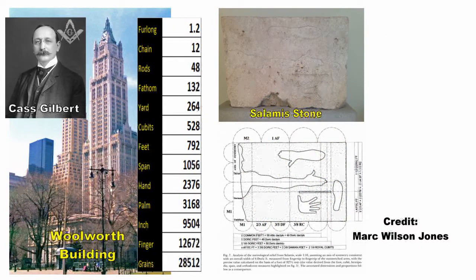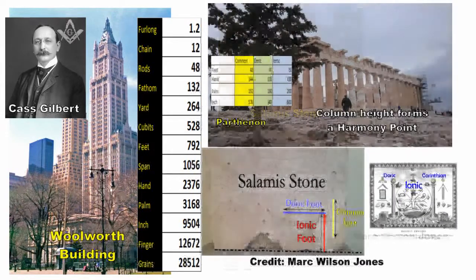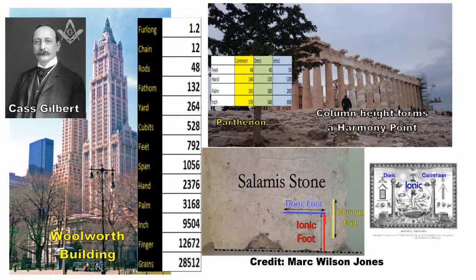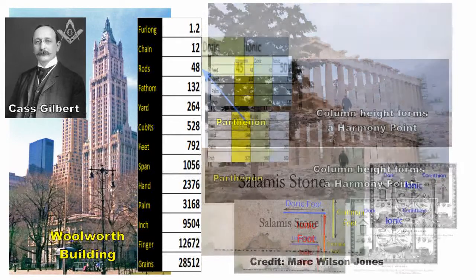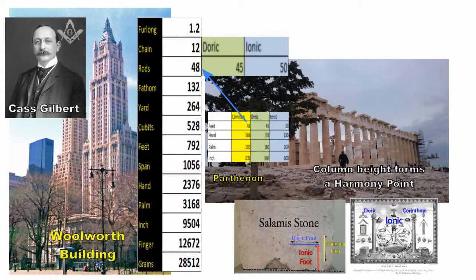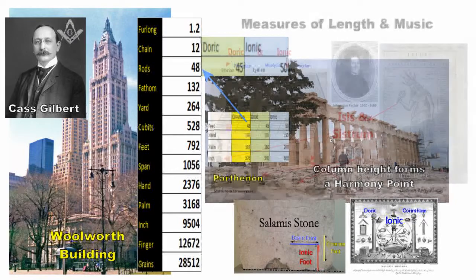But credit to Mark Wilson Jones, he deciphered the Salamis stone, and showed that it's really a conversion tool between multiple sets of measure. For instance, the Parthenon's columns are 48 feet high, or 45 Doric or 50 Ionic, and the Salamis stone shows that the supposedly modern foot is actually much older than we think. So we have this ratio as well, 48, 45, 50. Well, that's also expressed in the Woolworth Building, 48 rods or 45 Doric or 50 Ionic, and this will be